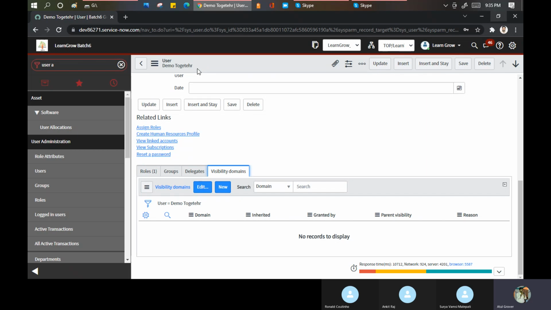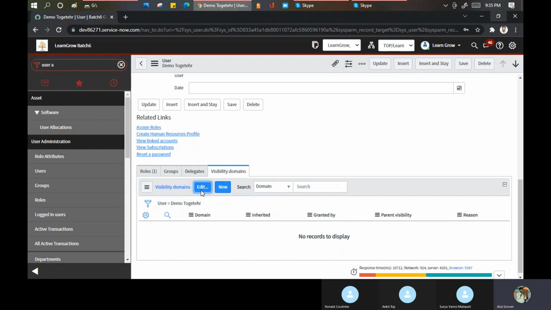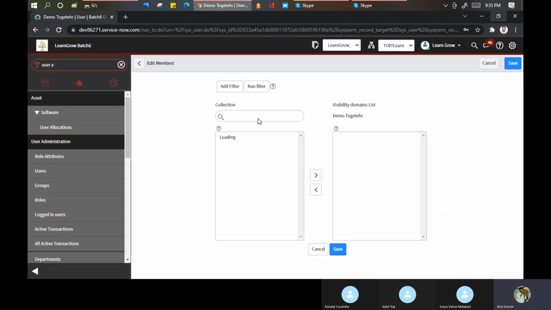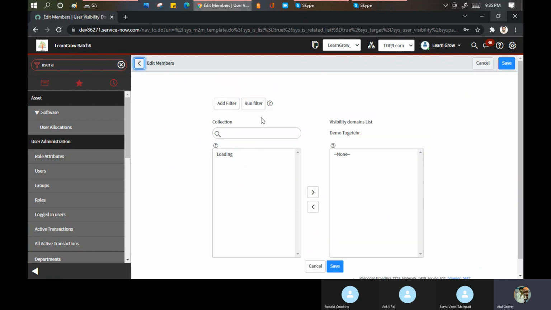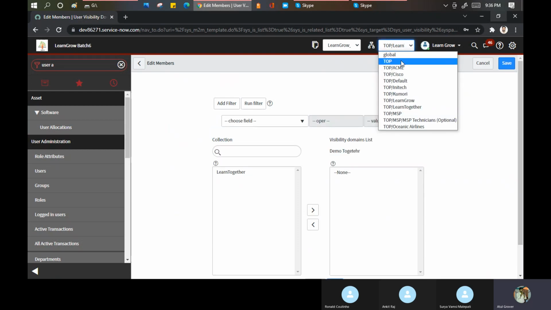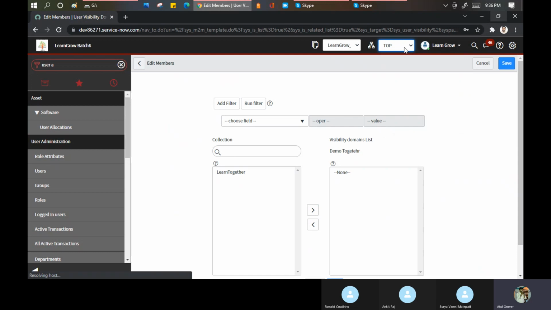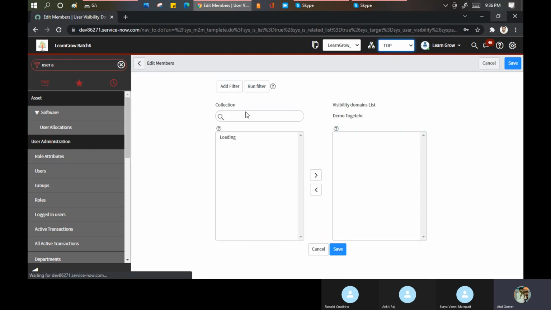But if you want to see the transactional data, then you can go and click here, and you can say this user should be able to access the cumulative technology as well. For that I need to go to the top domain. If I'm not in the top domain, I cannot see the other domains here.